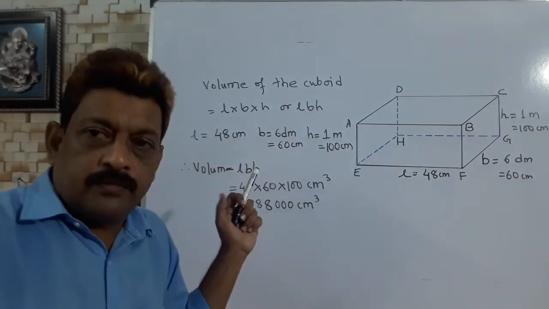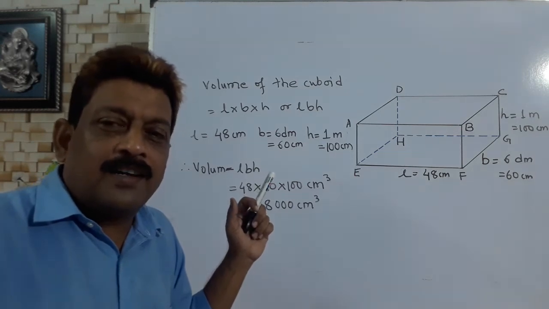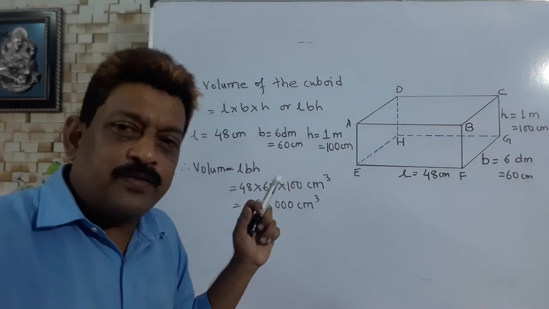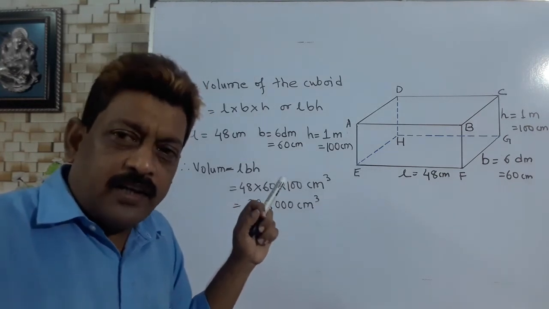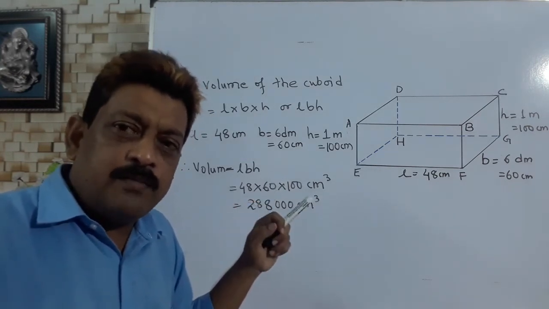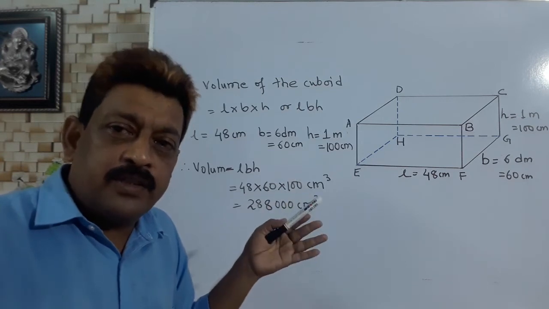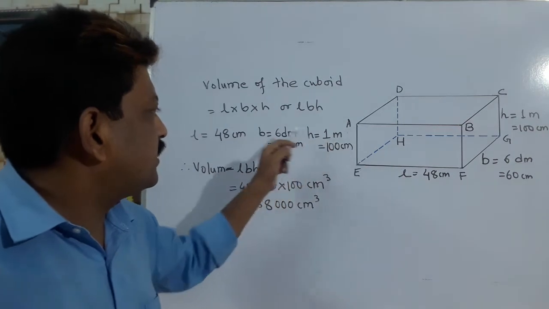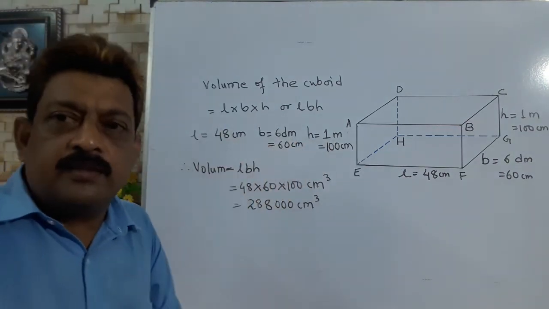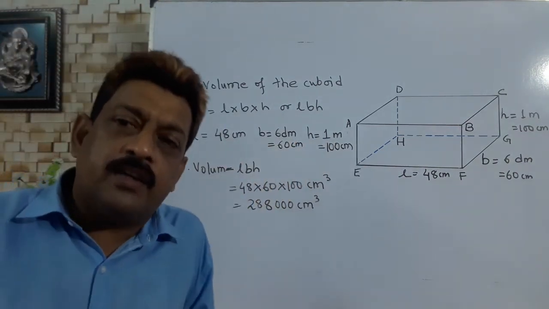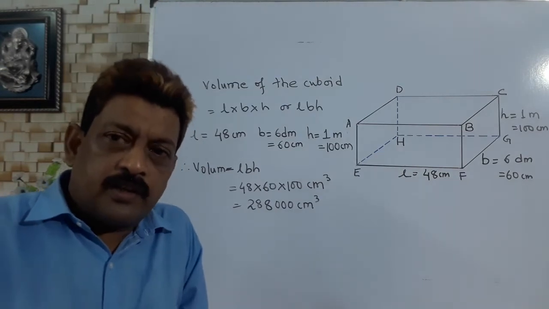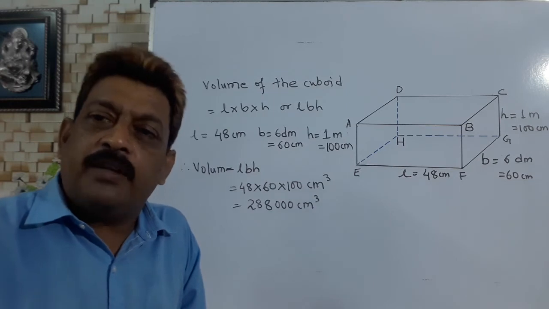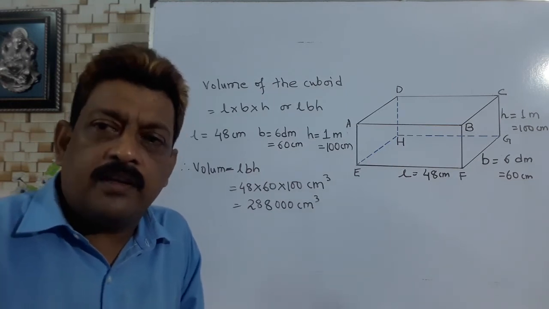And I know, and you also know, that calculation with decimals is avoided by most of the students. So that is why, if you want to avoid the decimal, then convert the units into smaller units. Among these three units, meter, decimeter and centimeter, centimeter is the smallest. So if you convert the units into the smallest unit, then the chances of getting the decimal will be reduced, and you can then easily calculate the answer.